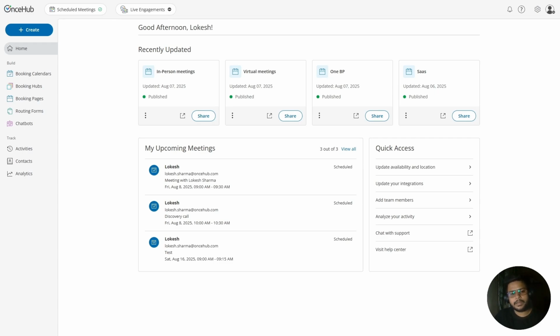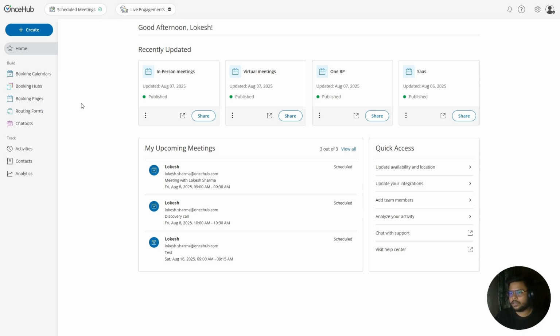So OneSub automatically creates one booking page per user, but you can create additional pages as needed for your team or organization. If you are an administrator on your OneSub account or a member with the right permissions enabled in your profile, you will be able to create booking pages. So let's start and see how to create a booking page.